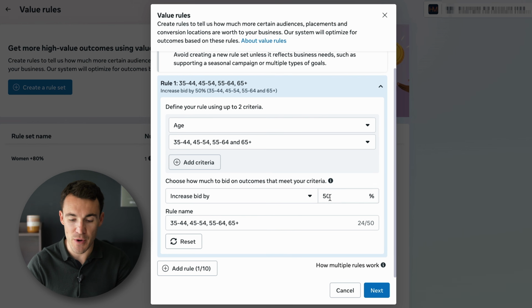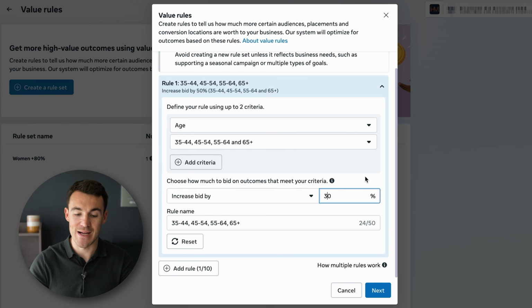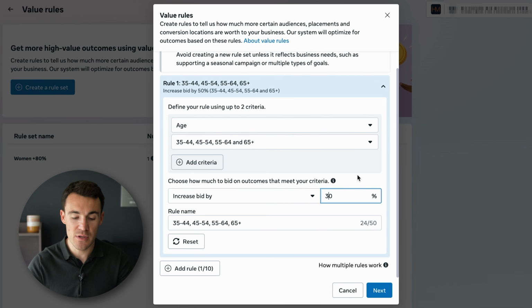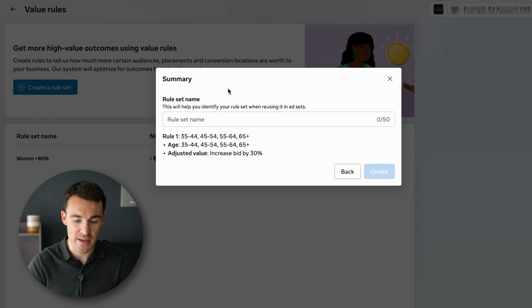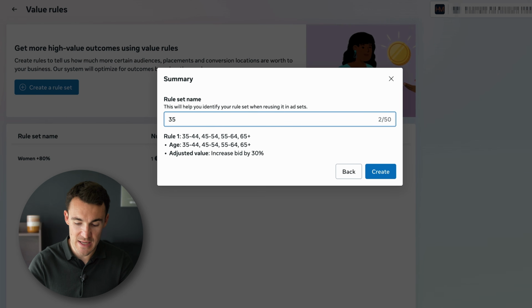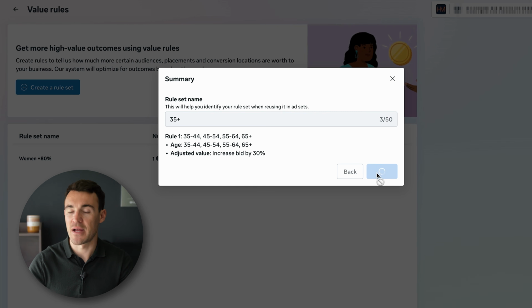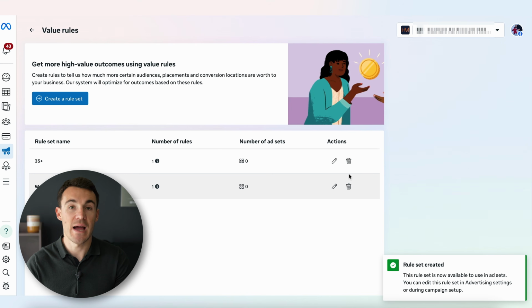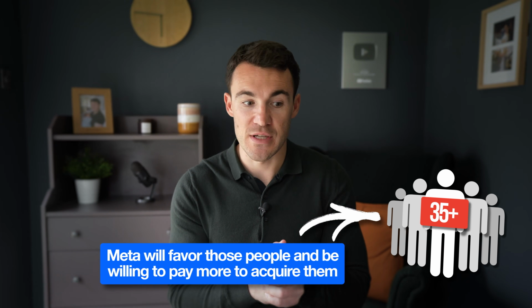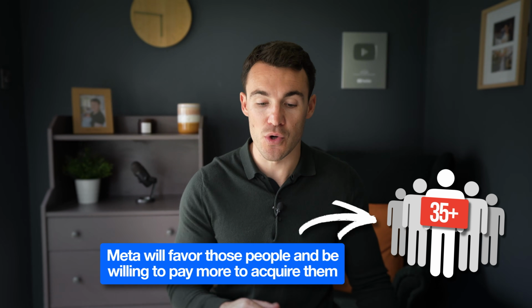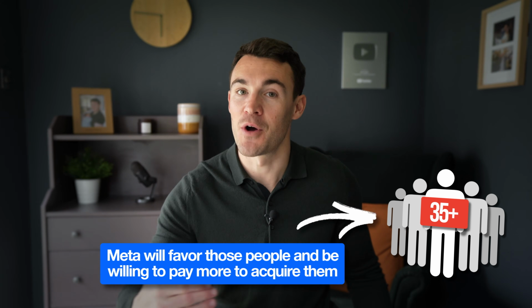then I select by how much I want to increase my bid. Let's say I've worked out those people are 30% more valuable than others. I can go ahead and add in 30 in here, give the rule a name, go ahead and click next, give the rule set a name, 35 plus, click create. I can now add that into my campaigns, add that into my ad set, and Meta will continue to advertise to people that are both over 35 and under 35, but it is going to favor the people that are over 35, be willing to pay more in the auction to reach those people because we've told Meta they're more